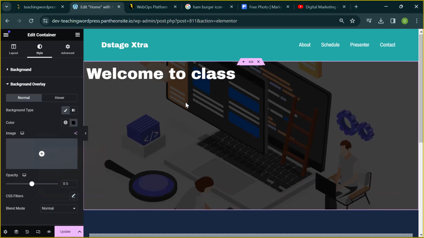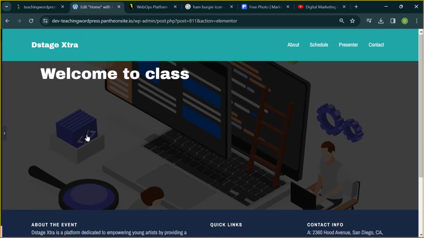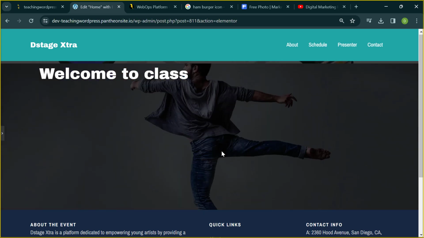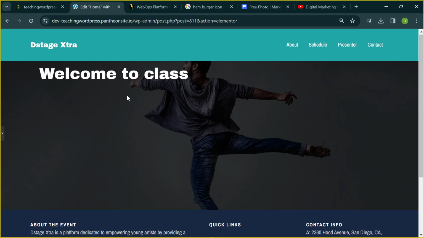You see everything is looking nice. Let me just close this. You see the write-up is showing, the image is showing, and everything is looking nice in your eyes, right? But only that the image is too dark. So what you need to do is